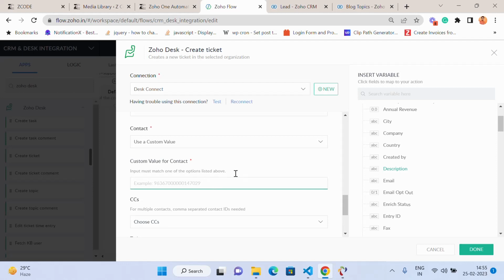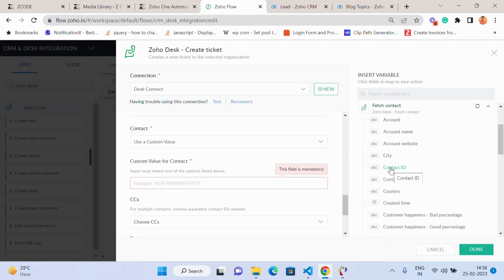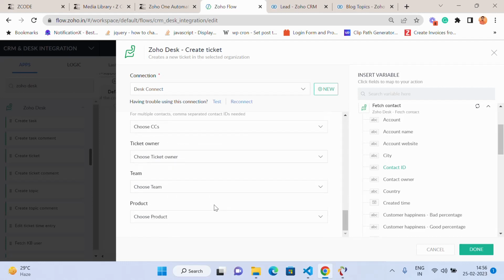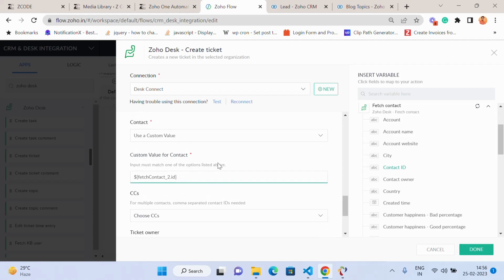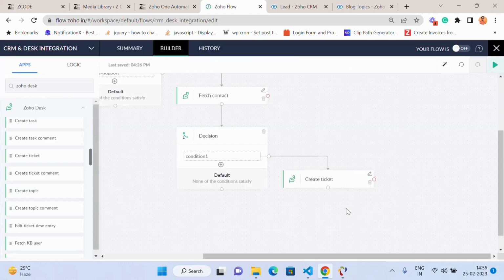And in custom value, we simply have to pass the ID of the contact that we found through the fetch. So we have to go back again to the fetch data, and here we have the contact ID. We simply map it, and let's find out if we need to fill out other details. So we don't have any other details to be filled out. So let's click on done. Okay, so this